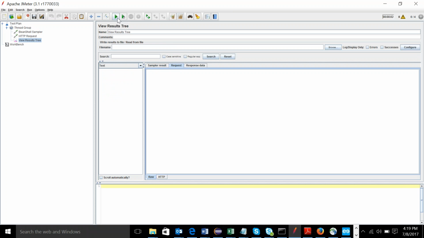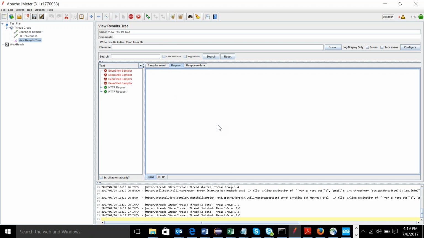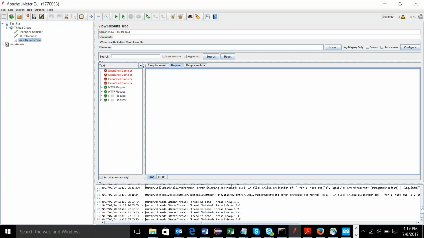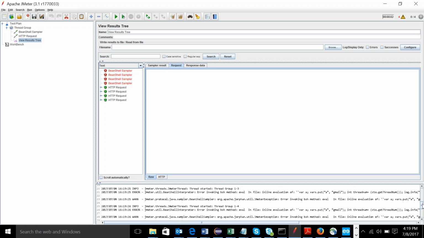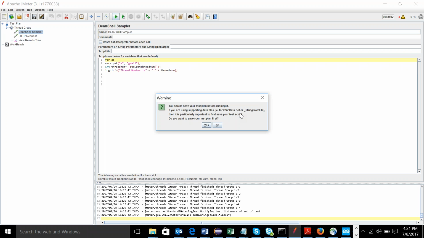Let's delete it and rerun. So what is the exception now? Error invoking method. So let's recheck what we have done here. Oh, so this inverted comma is something extra. So I'm expecting now "thread num is" then the threadNum. So let's execute it